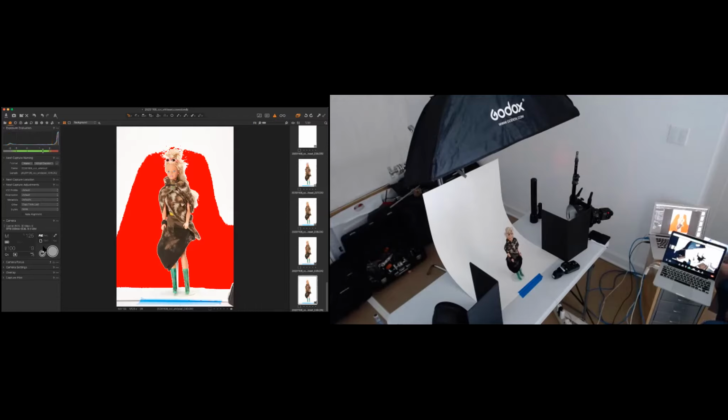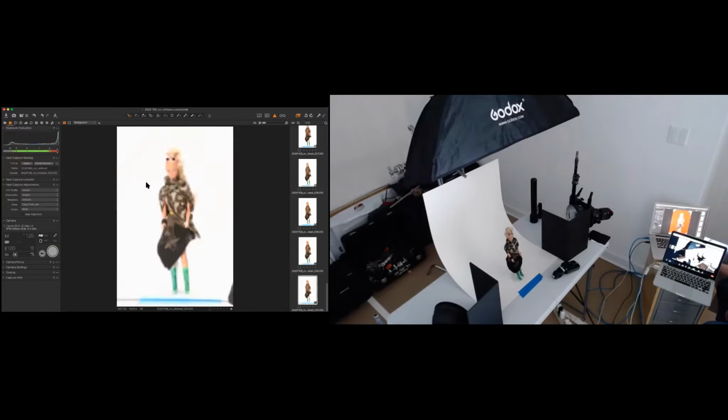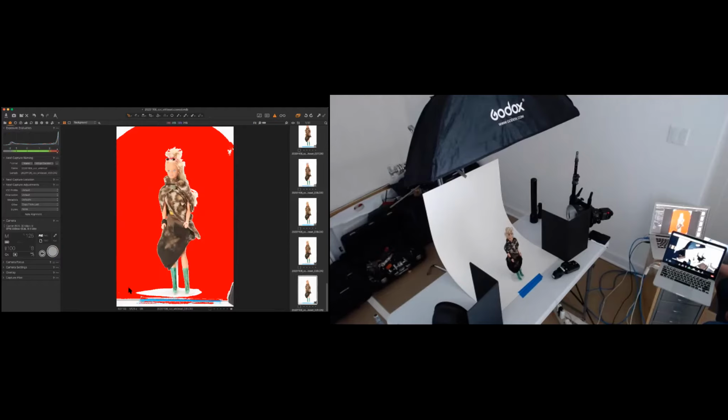So at this stage of the game, I'm going to go back to my normal exposure, which was F8, and hope and pray that I get all of that back. And you can see I do get all of that back. What's interesting right here is this part that's right around her feet. What's going on there? Shadow from her skirt. It is the shadow from her, and you will never get rid of that. That will always be there. If we take a look down in the reading value, we're at a 244. It's not the end of the world, but not too bad.